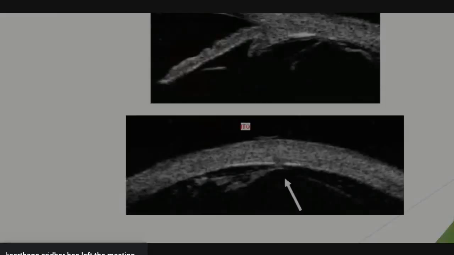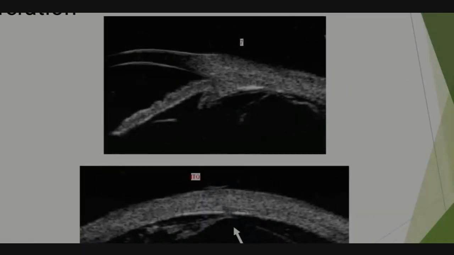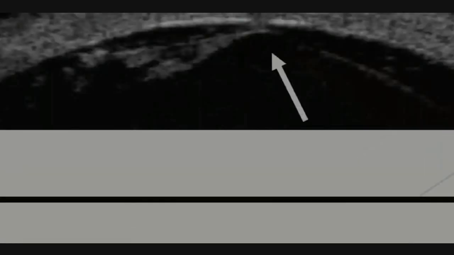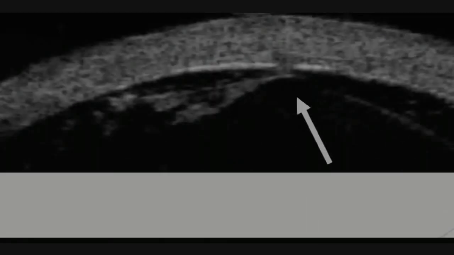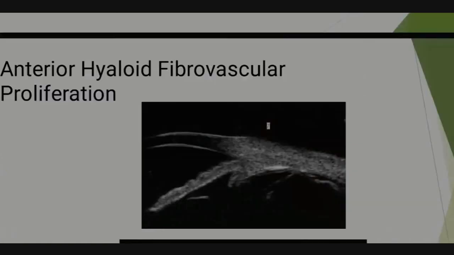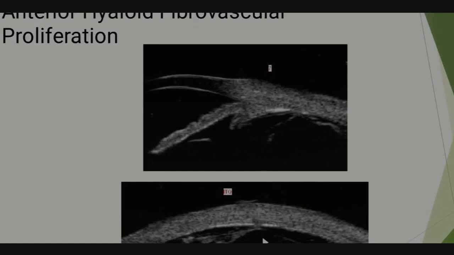So this is how we see FEPs after vitreous surgeries. Recurrent vitreous hemorrhages in retinal cases may be due to these proliferations only. So we need to look for these membranes. With this arrow mark, you can see this contact here. So this is how FEP will be imaged in UBM.